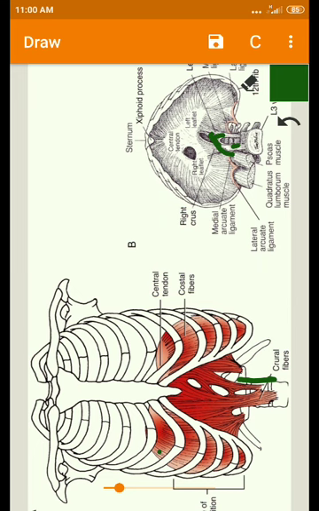This is about the crural portion, or the dorsal portion, or the vertebral fibers of the diaphragm. Now we will see in the next video how these muscle fibers are going to work, which causes the respiratory movements. What happens during quiet respiration or tidal breathing? We will see this in the next video. Thank you.